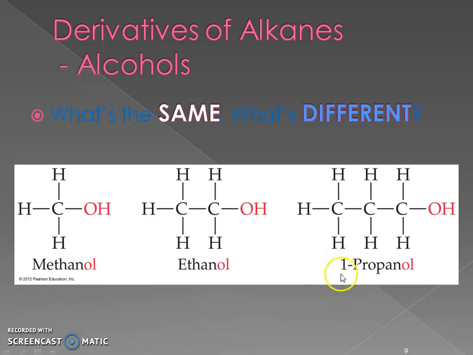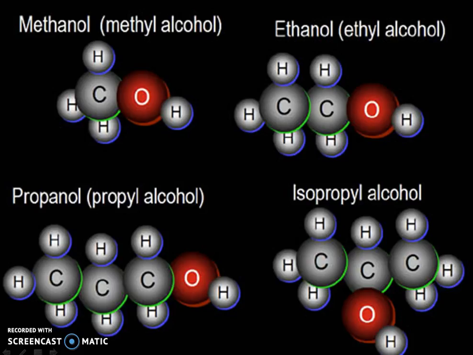So let's look at this 1-propanol. Hopefully you remember back in Chapter 24, we have to name the groups. So if this is our longest chain, we're going to number this 1, 2, 3. So the OH, or the alcohol, is on the first carbon. There's also something called 2-propanol, and that's because, again, the longest chain is 3, but that OH group, that alcohol group, would be on that second carbon.